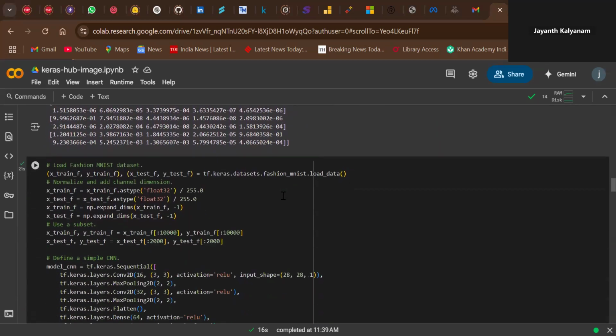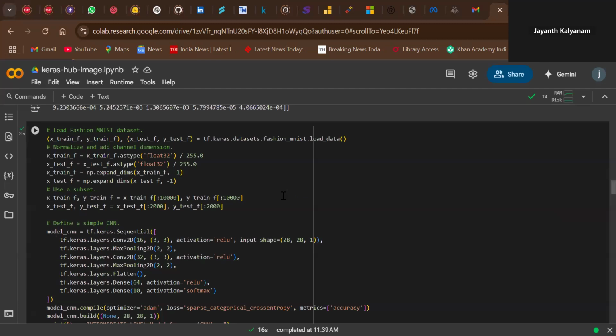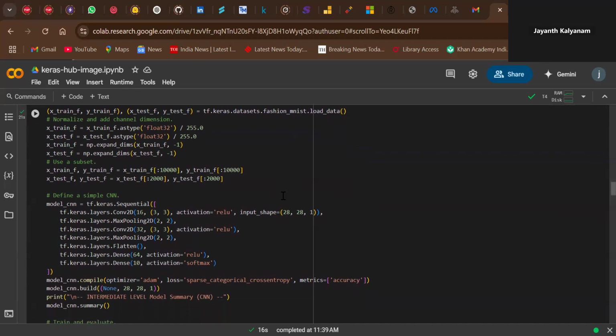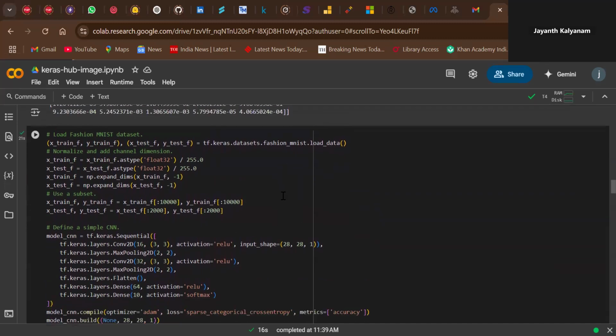And then the intermediate level task: a simple CNN on Fashion MNIST. As the images are 28 by 28 grayscale, I normalize them and add a channel dimension to make them shape 28 by 28 by 1. And after that,